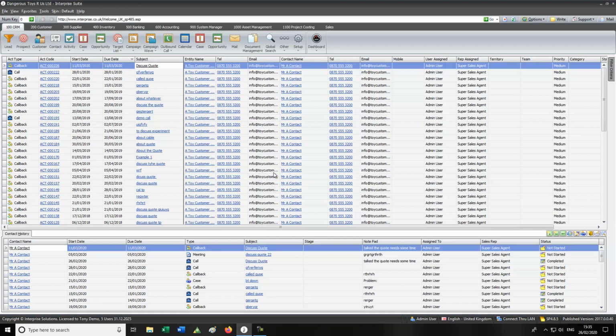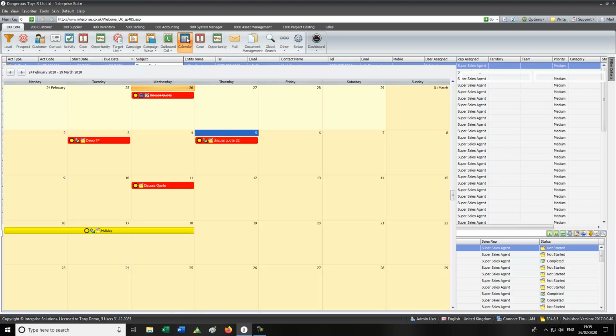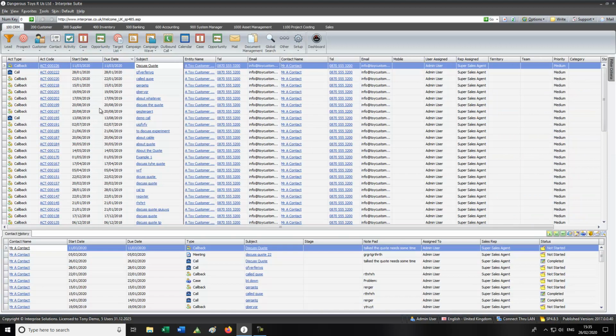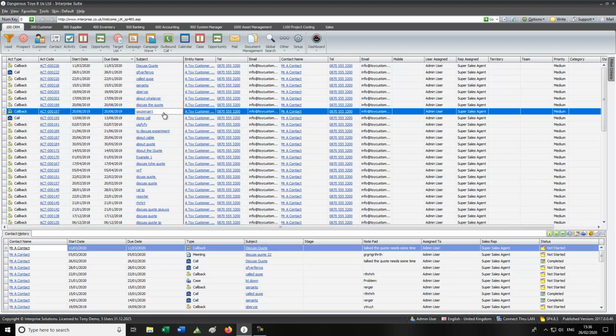Now this is quite nice if you're a salesperson, say, who do I need to call? So obviously your calendar gives you that, but it's much nicer to have this in a much bigger list. So when you highlight a particular record or callback, because it's in due date order, because what you're supposed to be doing is going through all these,